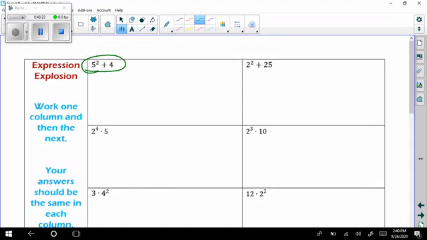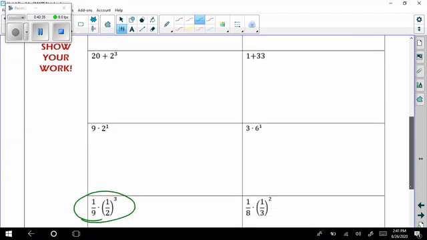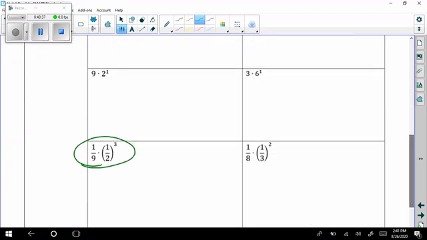Show your work, please. So this first one, we're going to do 5 squared. 5 times 5 is 25. Plus 4 gives me 29. The bottom, and again, please try not to use your calculator. Try to do it on your own. Down here, this bottom one, the only reason I'm doing it is to show you how to work with that fraction piece, because you're going to have to do the one over on the right-hand column on your own.